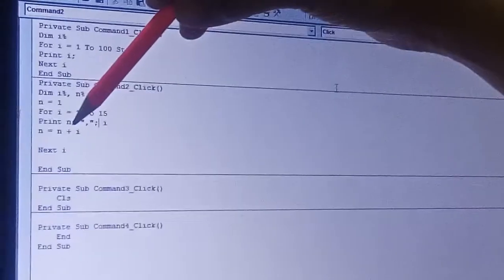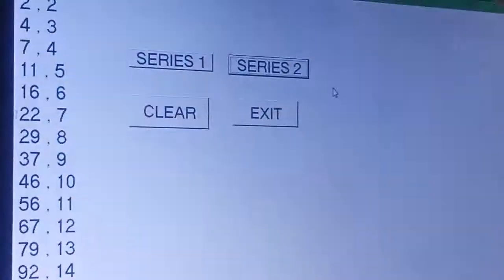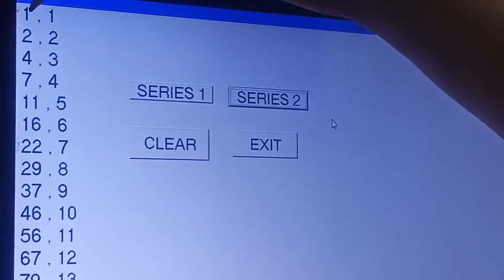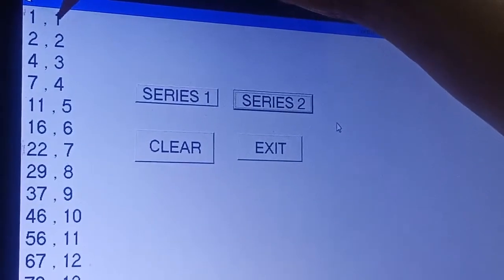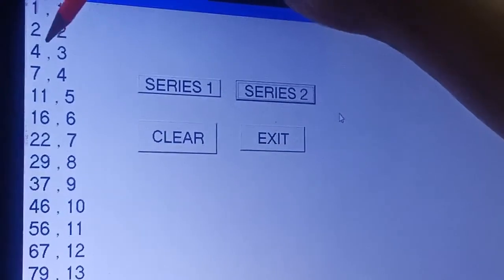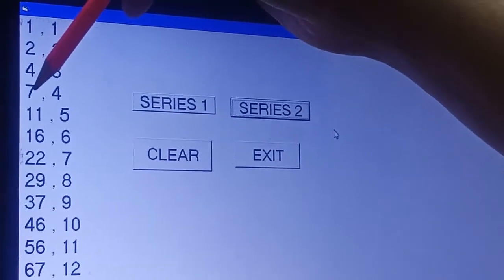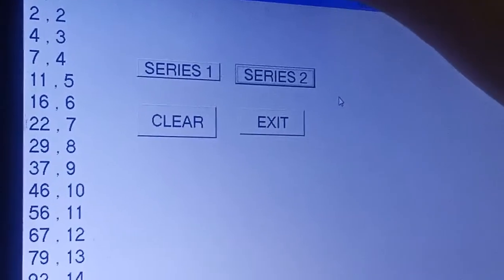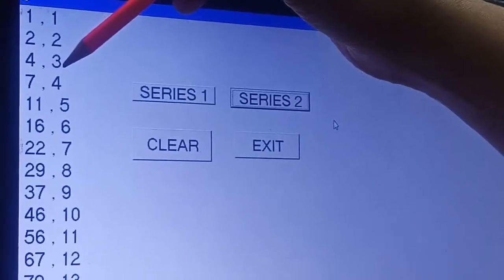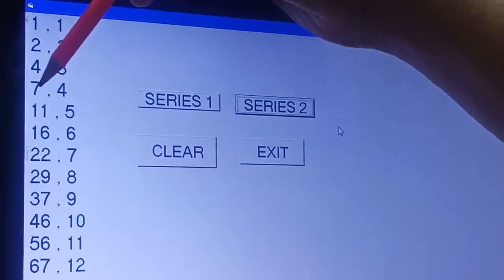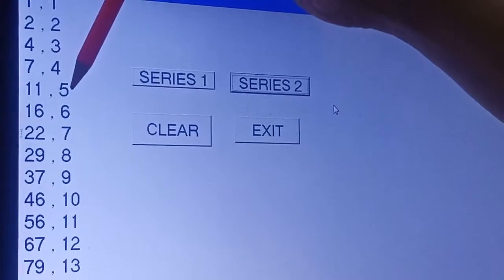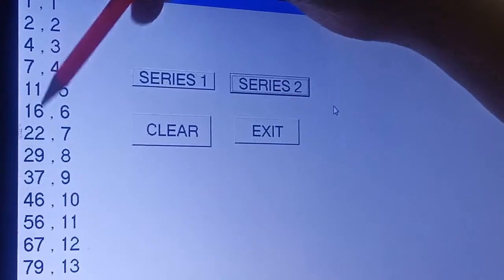First, that value n is going to be printed, right? And we know that the first value of i is also 1. So the next number in the series that I will get is 1 plus 1 is equal to 2. The next number in the series, 2 plus 2, 4. 4 plus 3, 7, 7 plus 4, 11. This is n and this is i. So each value of i is getting added to the value of n, and I get the next number of the series. 11 plus 5 is 16, 16 plus 6 is 22.